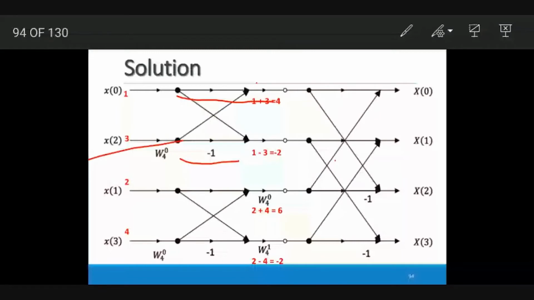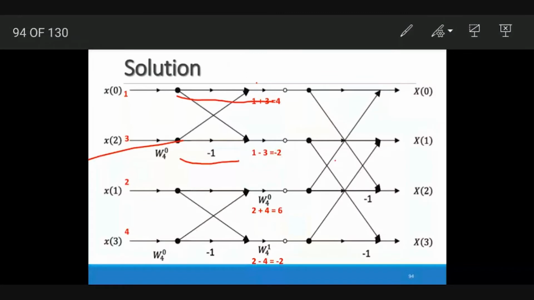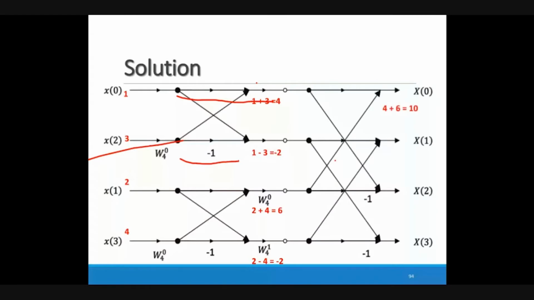Okay, now we go for the second stage. In second stage implementation, we apply the 4-point DFT, or you can say that this way we are applying to get the x0, x1, x2 and x3. So here, for the first stage, what you are getting here, x of 0. So here you are getting this 4 directly, another value that you are getting is 6. So in this particular first location, for the value of x of 0, 4 and 6 are added, so you are getting 4 plus 6, that is equal to 10.